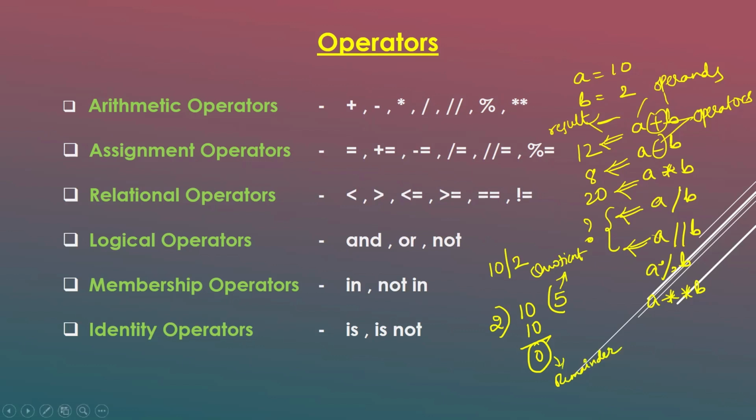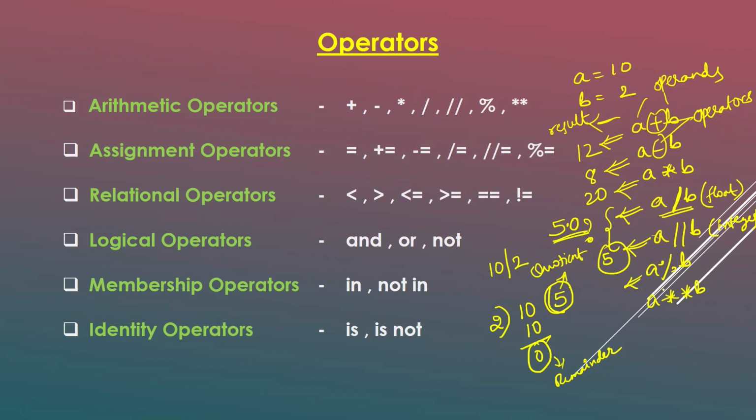When you apply a single forward slash, it will give the quotient, that is 5. But this will treat the output in float format. Although it is giving an integer, it will return the output in the format of a float value. That means the output is 5.0. And the double slash operator will also return the quotient only, but the output is in the format of an integer. So the output will be 5. That's it.